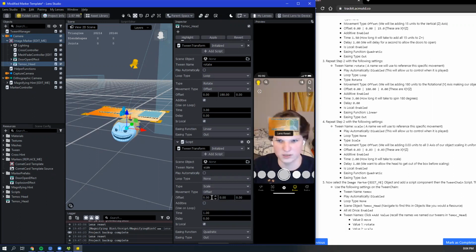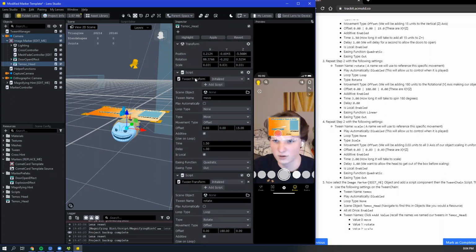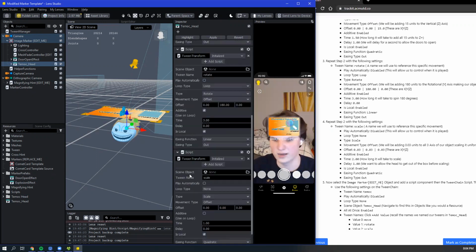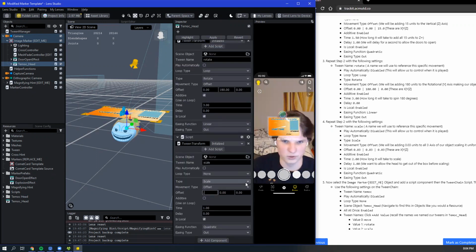The movement type, again, an offset. We just want it to grow. We don't really care about changing the specifics. We can look at our scale up here. We can see it's 0.03 on every axis. So we're going to grow it double the size. So we're going to add 0.03 to every axis. And this essentially means that 0.03 will be 0.06 at the end after we add our